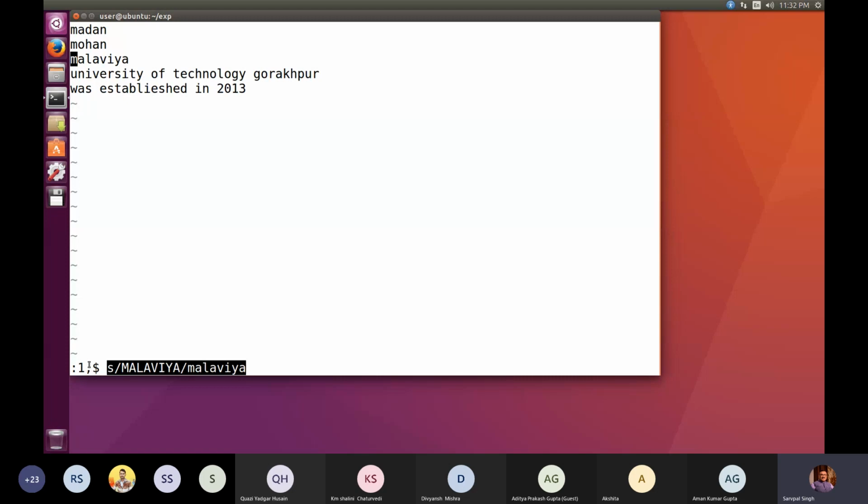कि 1 comma dollar is indicating that we are selecting the entire file, and then search and replace, so the option is S, then slash, then the pattern which you are searching, then the new pattern which you wish to get this search pattern replaced. ठीक है, so that also you can mention. और इसमें एक चीज और है कि if suppose if I am writing Malviya 3 times, let me do this operation.